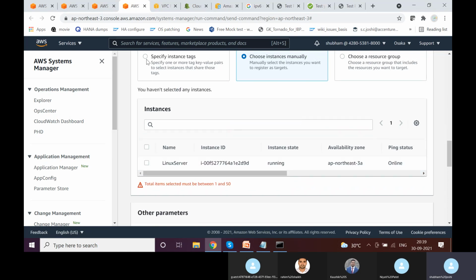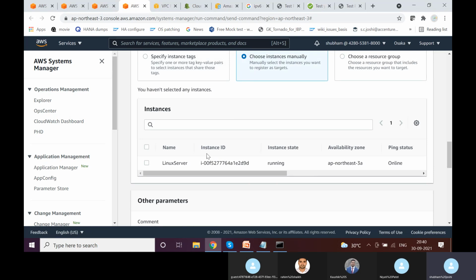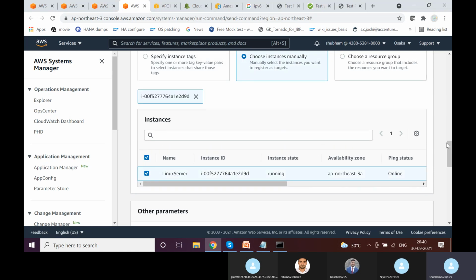Or I can say based on tags. For example, maybe I have tagged instances as per environment, and for now I'm just doing this configuration for all the instances which are tagged with environment as development. So I can do it like this also. Based on tags I can target the instances, and on those specific instances the shell script will be executed. For now let's leave it, because I just have one instance and it does not have any tags at all. So I will leave this, and then I will go to choose instances manually. I will select just one instance which is running,